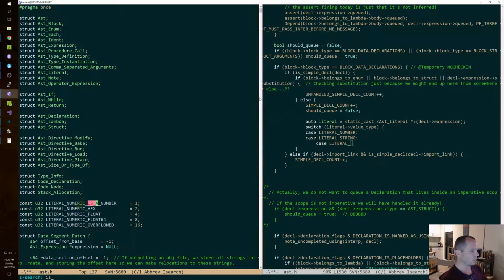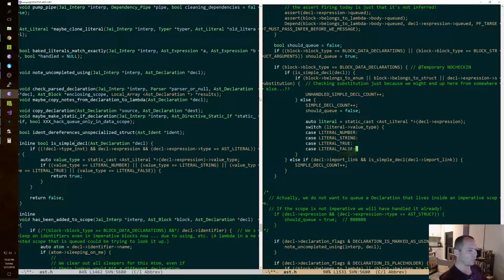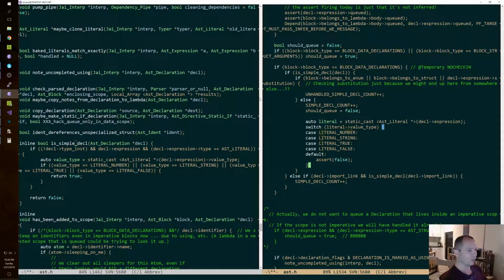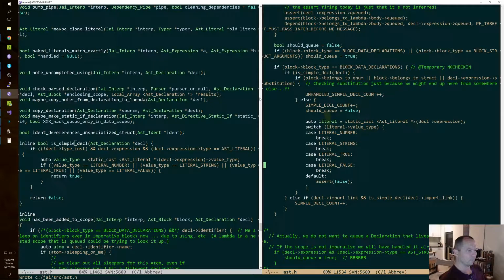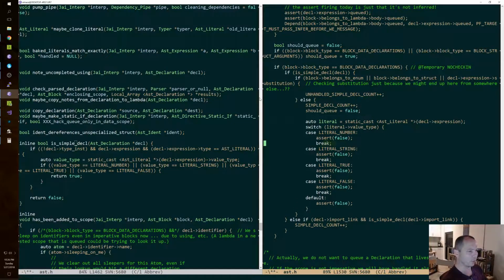true, case literal false, default assert false. Okay, we got to put our breaks in because this is C++. Now, before I fill that out, let's just put assert falses here so I don't forget to fill it out. Down here,